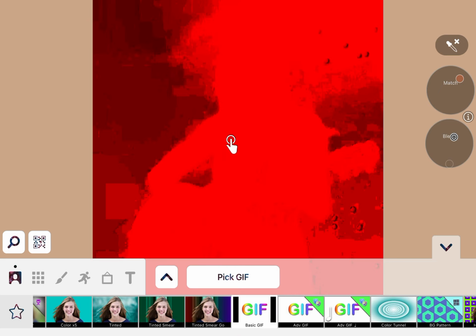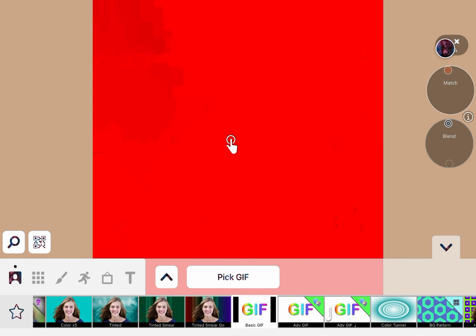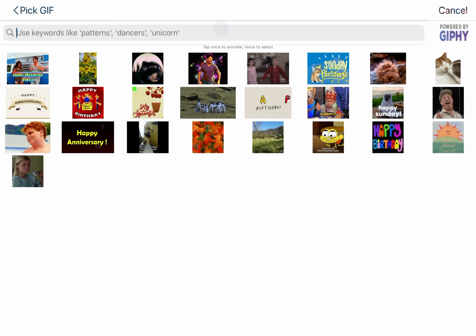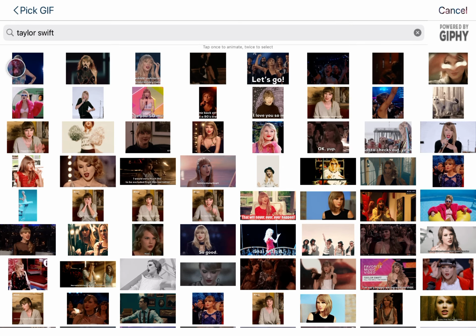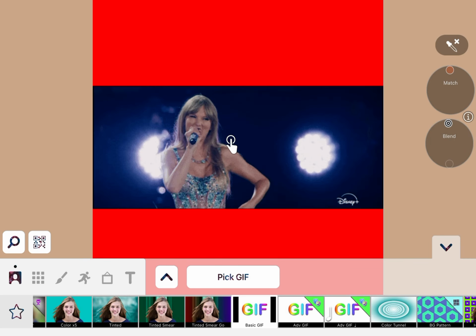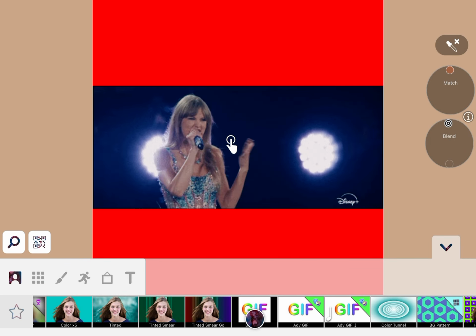There's basic GIFs that you can add in. Sometimes I use this when I don't have a clip, and you can press pick GIF, and then you literally can do anything. I'm going to have to tap twice. And remember that would import it. I mean, they don't have very good quality, but